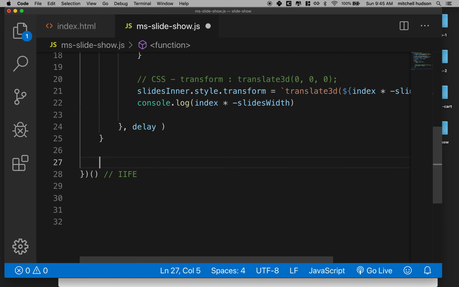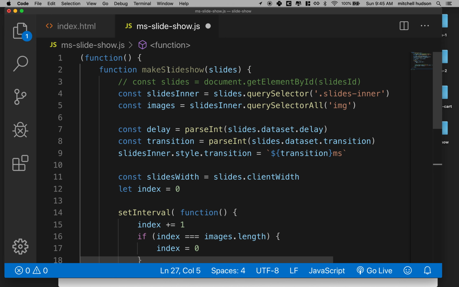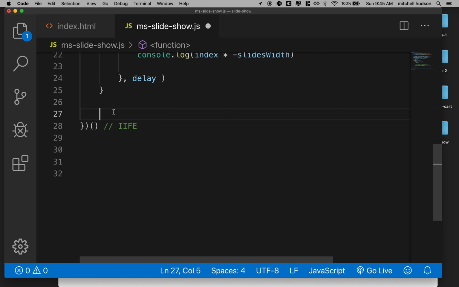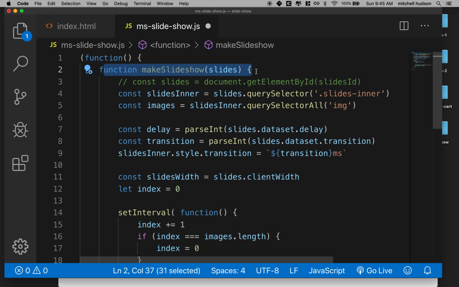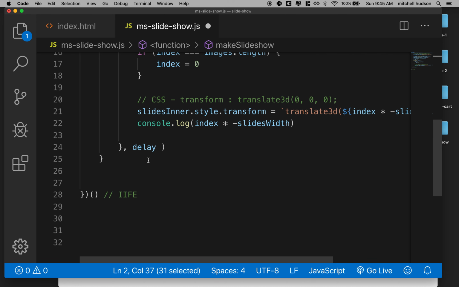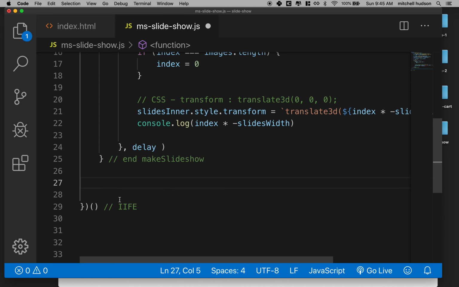Well, what if we imagine that each of our slideshow divs, anytime someone wants to make a slideshow div, they'll give it a special class name. We'll search the DOM for those class names and then call this function on the element with that class name. So at the bottom here, outside of the makeSlideshow function, which begins there and ends right here, so it ends there, but inside the immediately invoked function expression, so right in here, what we're going to do is we're going to say